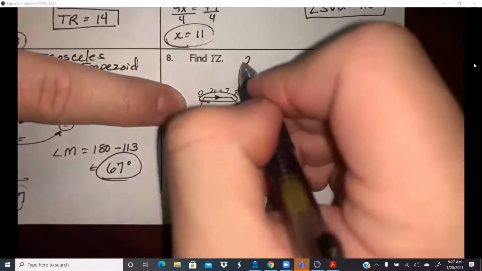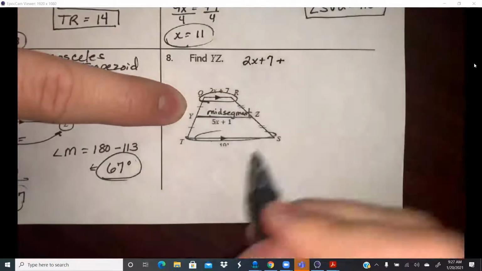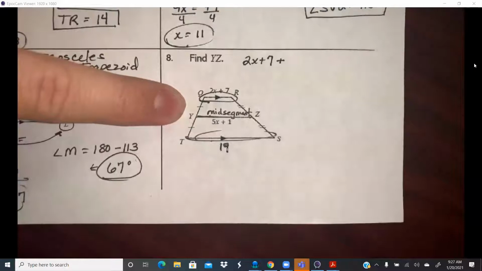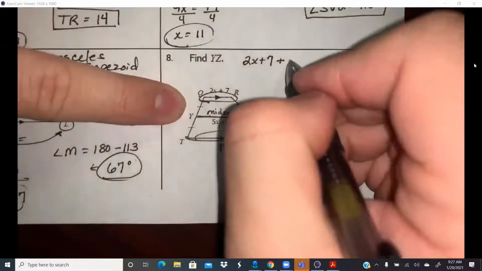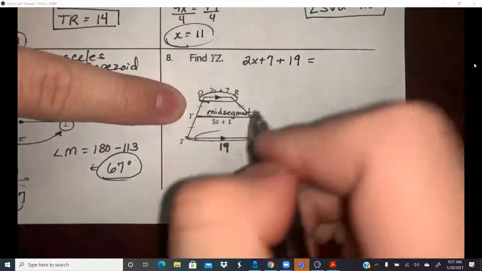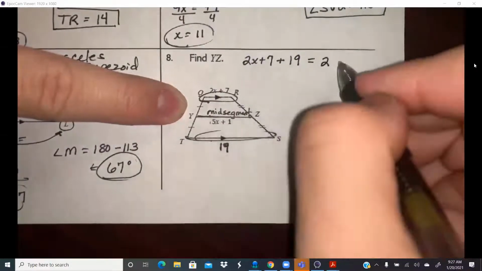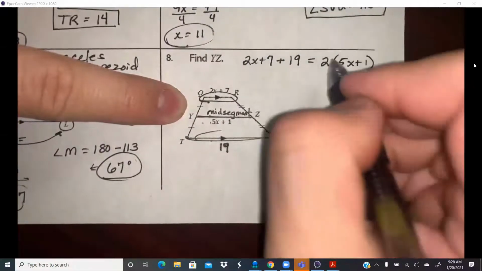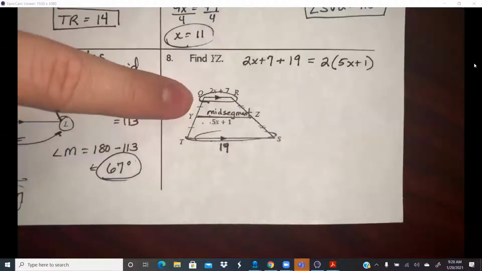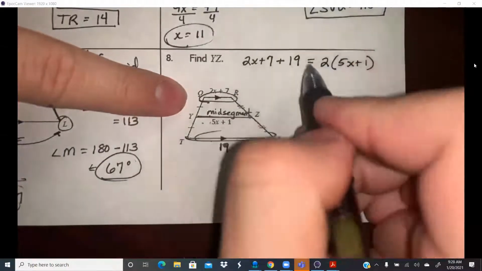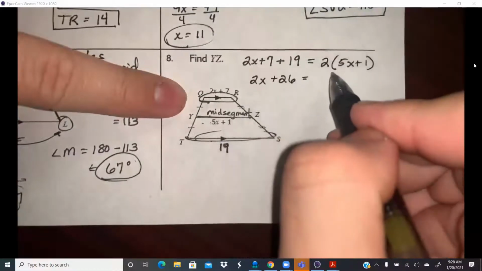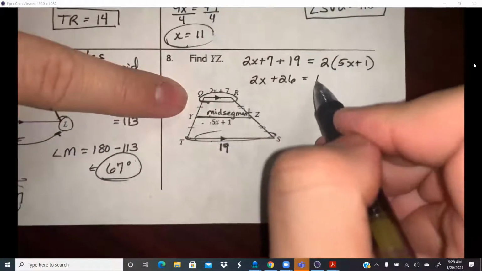I'm going to do 2x plus 7 plus, and by the way, this is supposed to say 19. Oh, my bad. So it's 2x plus 7 plus 19 is equal to double the middle. So I'm going to do 2 times whatever the middle value is. And please don't forget to put parentheses, because then you might accidentally forget to distribute the number. So we have 2x, and then 7 plus 19 is plus 26, is equal to 2 times 5x, which is 10x